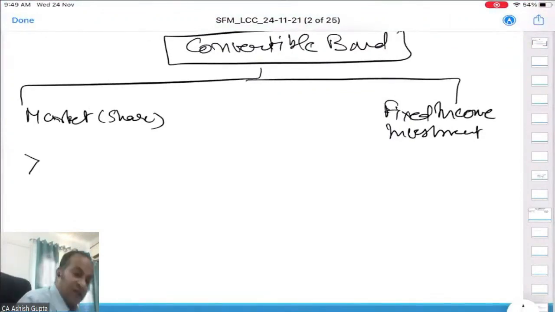Can you upload these handwritten notes on the portal? Namita, so far as uploading these handwritten notes is concerned, my advice to you, students, is to refer to the lecture again and make your own notes. Uploading such notes may invite copyright infringement, so normally we avoid uploading direct notes. You can prepare your own notes.